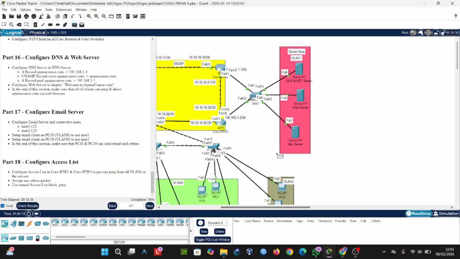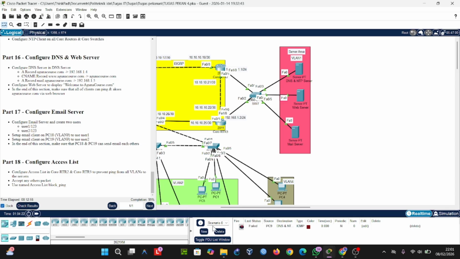You can see this is a fail, because we must block protocol ICMP from all VLAN to the server, and just the VLAN that connects to the web server.